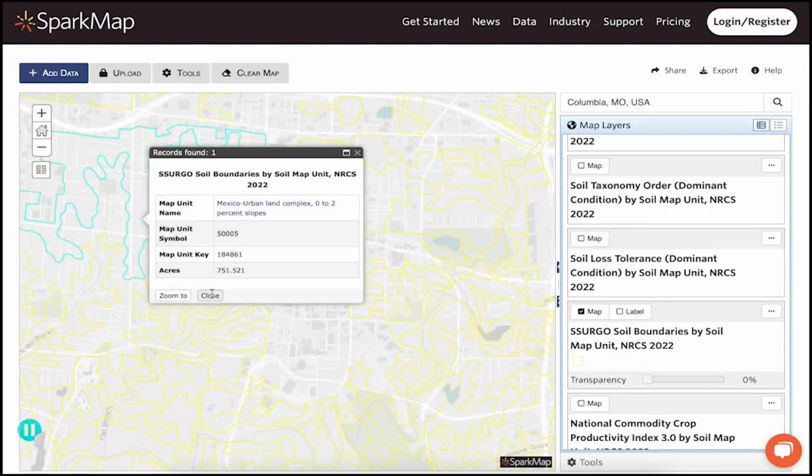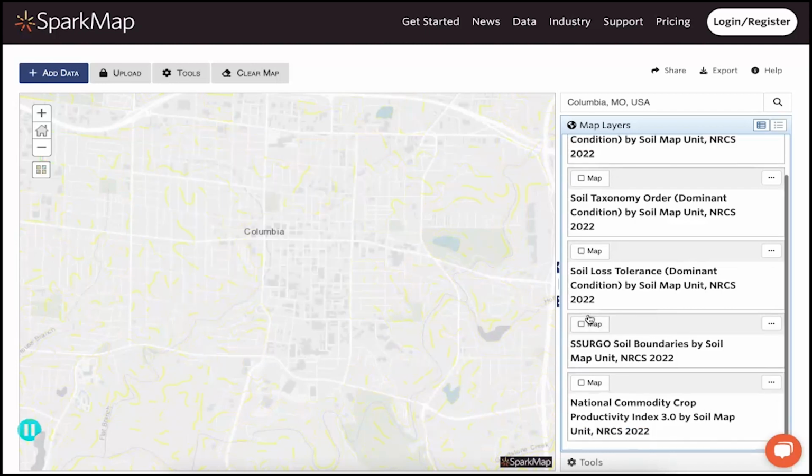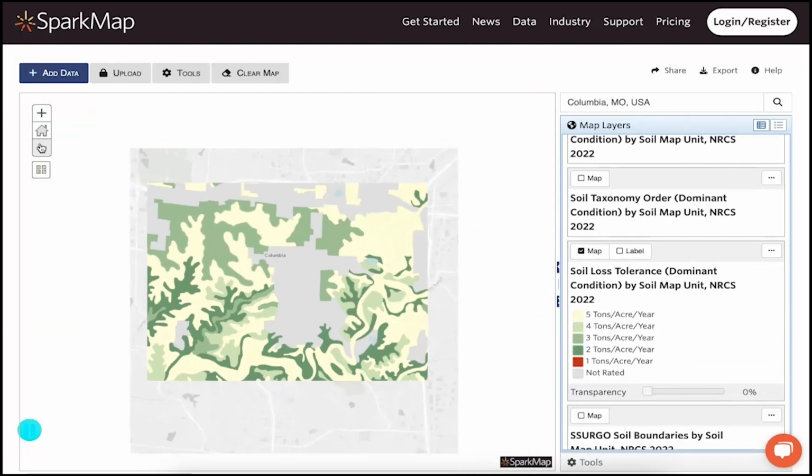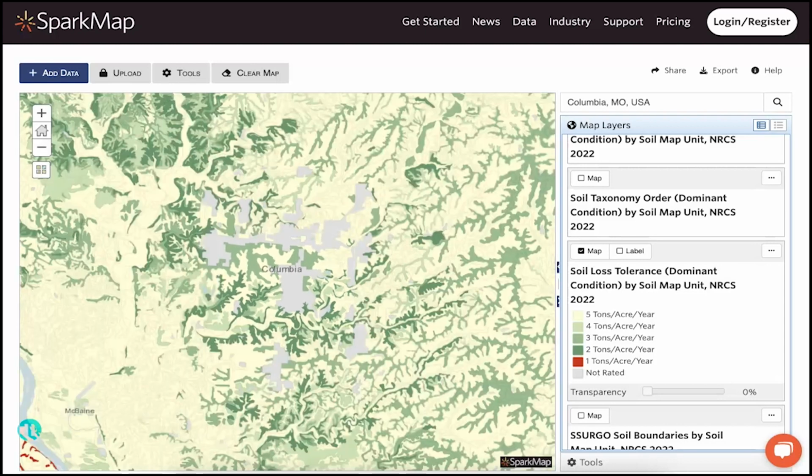So that's interesting if you're looking for boundaries of land or soil. So I'm going to unclick that and go ahead and turn on the soil loss tolerance layer and zoom out a little bit more. This layer depicts the maximum average annual soil loss that will allow the current production level to be maintained. This data is reported as tons per acre, and the T values range from 1 to